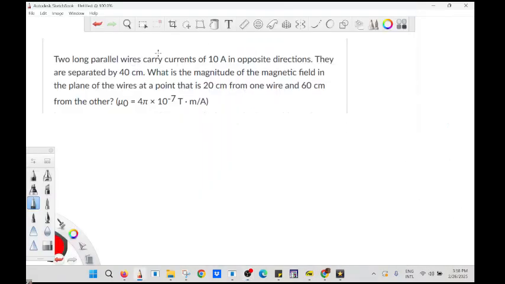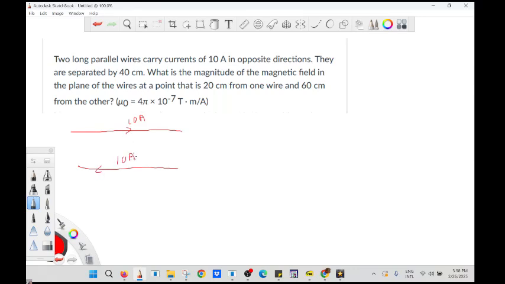So I'm skipping one more. I think I skip one more. So this one is not hard as long as you draw the situation. Okay, so you have one which is 10 amps, another one which is parallel here, and opposite